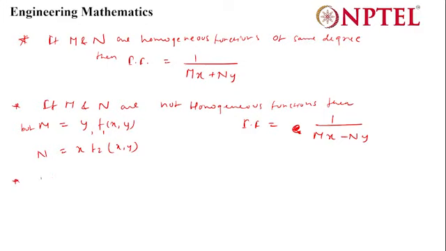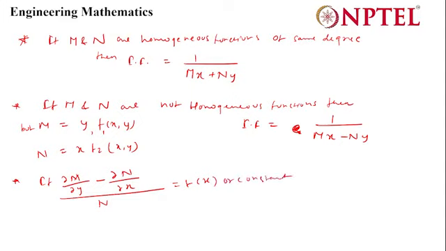Third, if (del M by del y minus del N by del x) divided by N is equal to f(x), or a constant, then the integrating factor will be